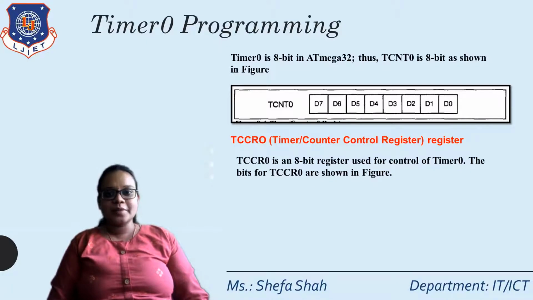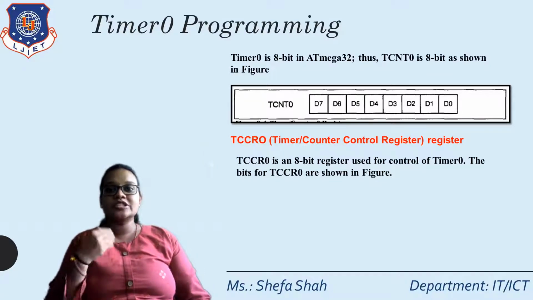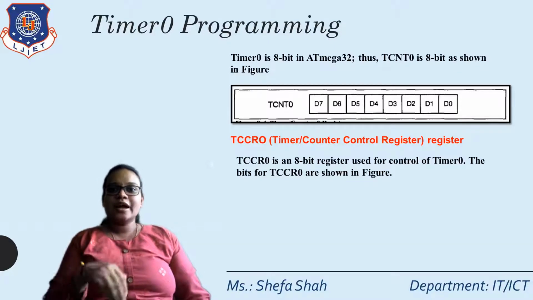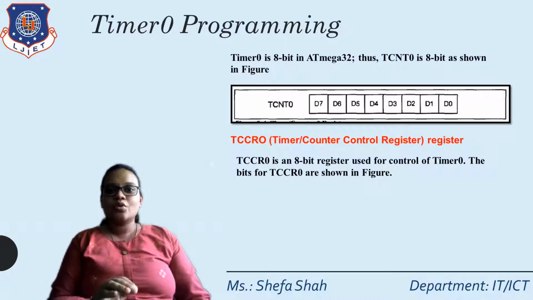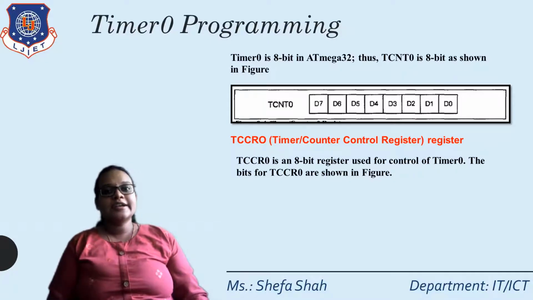Right, so this is a simple register where we store our count pulse, and from this count pulse the TCNT will be incremented by 1 up to its maximum value. Whenever the maximum value comes and the next clock pulse arrives, the timer overflow flag will be set, and that many pulses can be calculated and that much delay will be generated with the help of the timer.